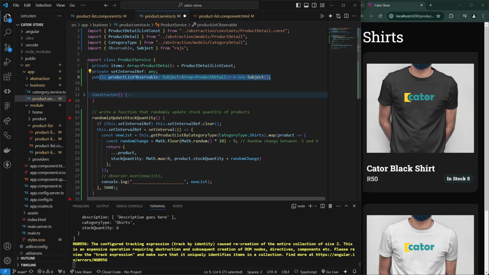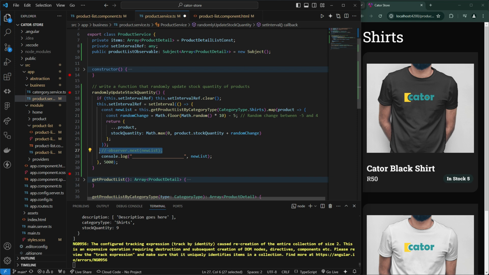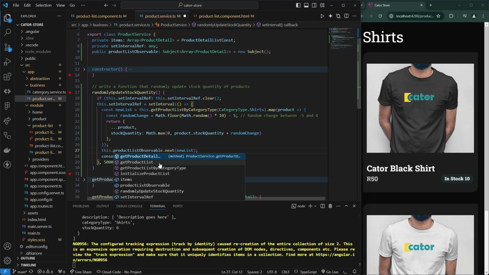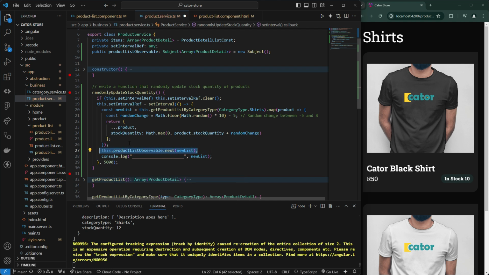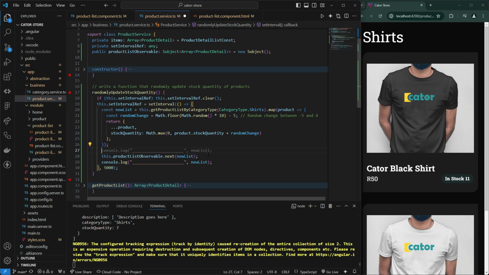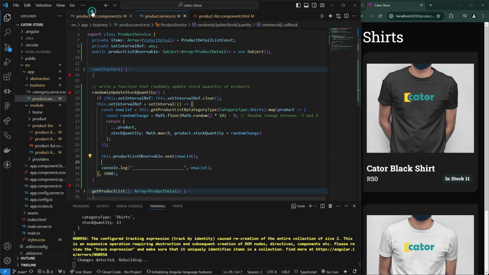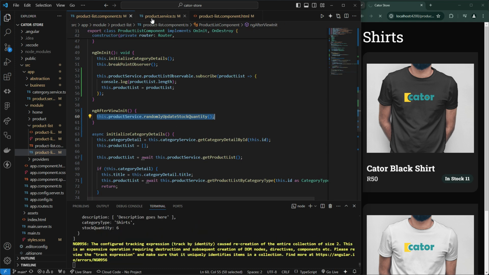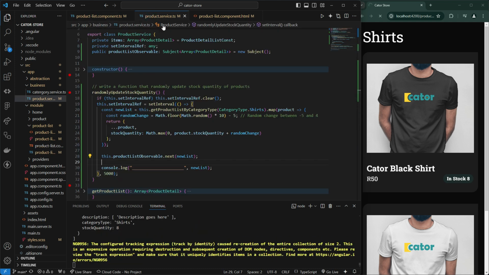This is quite clean and on a single line. And then what I will have to do now is just come here. Instead of saying observer.next, I just give it the very same variable of our product list observable, and then say .next. Remember to add this keyword, and that is it. On the component side, we don't change anything because they still follow the whole pattern of